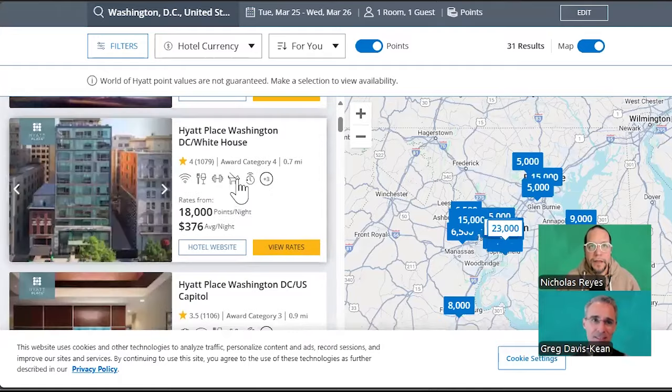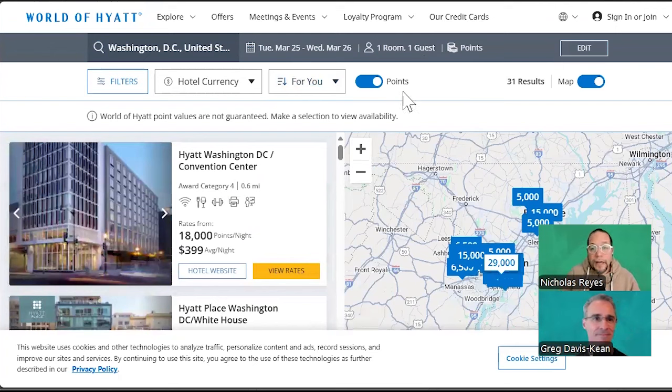Yeah, this is certainly a sweet aspect of the program, and I've got a sweet tooth. So let's take a look at how we can do this. Now, lots of programs do make it possible to book suites with points, but usually at poor value. Hyatt, on the other hand, has several different ways to do it, each of which can be attractive in the right circumstances or scenario. So let's take a very simple look at an example here. I'm going to share my screen so you can see what this looks like in real time as we do it. Okay. All right. So I did a simple search in Washington, D.C., March 25th to the 26th,